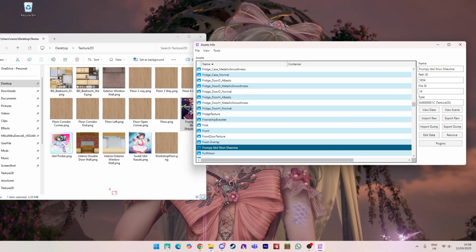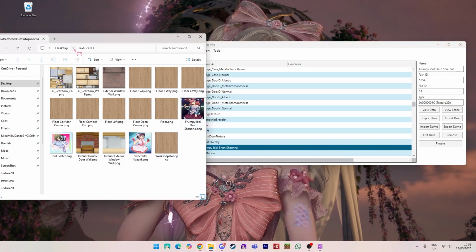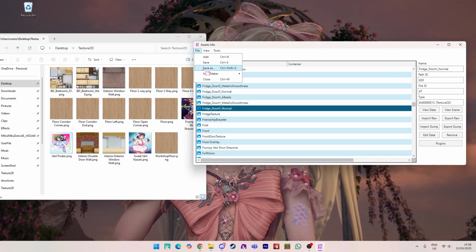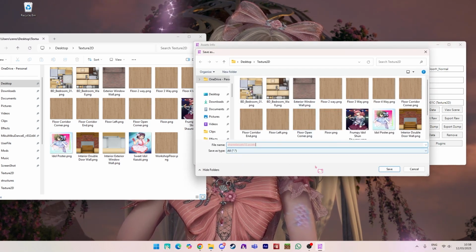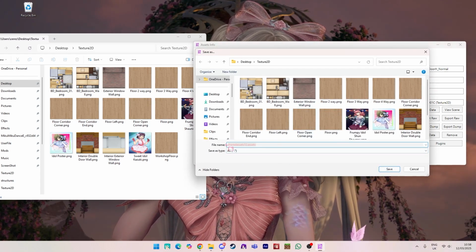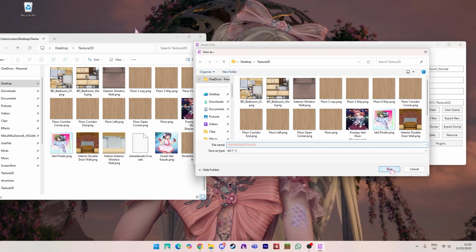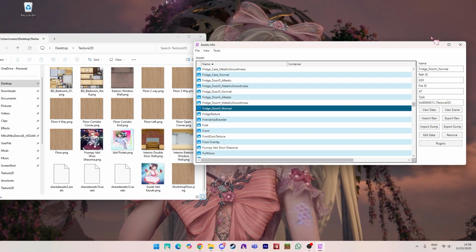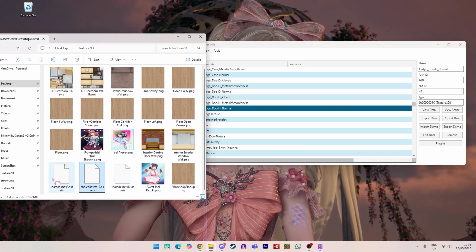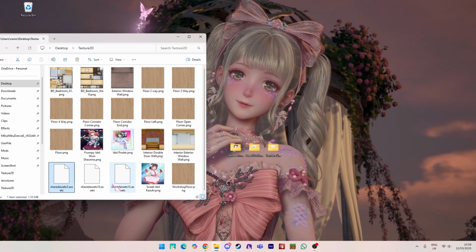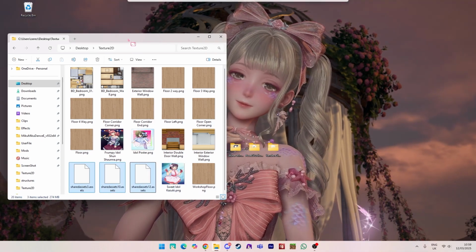Okay, so now that we have done that, in the Texture2D file that we have, we're going to press File and Save As. To save our changes, we're going to press Save, don't change the name. Save, and then save, and then save. And you may have a different amount of shared assets, but that's okay either way. So now you can just go ahead and close out of that, and then you're gonna select all these and